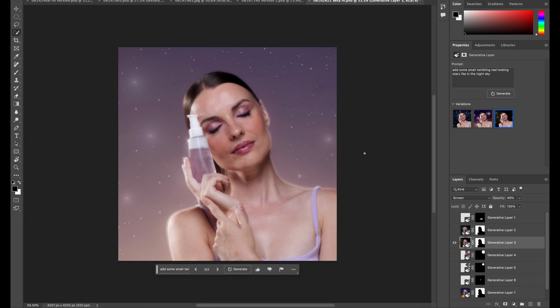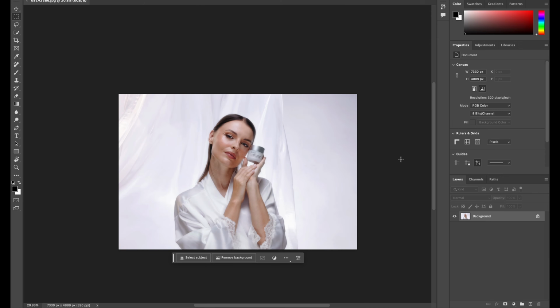So I think when you're generating objects like this, you might have to do it a few times to see what else comes up. And obviously Photoshop Beta will generate something different every single time, even if it's the same prompt. Okay, now the next thing that I want to show you is how to use the generative fill feature